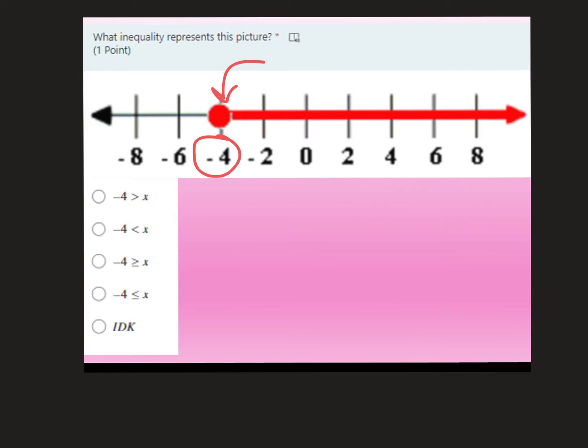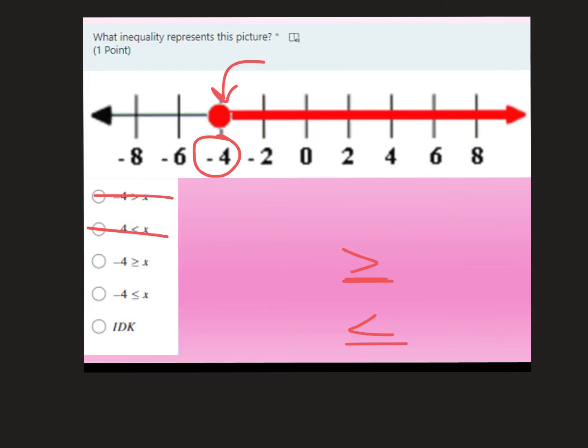So when you're looking at your answer options, that means it's going to have that little symbol right underneath that means or equal to. So greater than or equal to, or less than or equal to. So that means A and B already cannot be our answer. Next thing to look at is which way our arrow is pointing. So that's right now showing us that all of our x's, or all of our answers, should be greater than